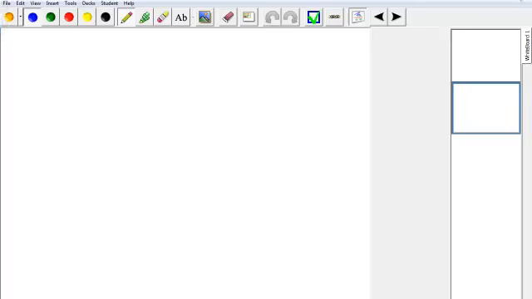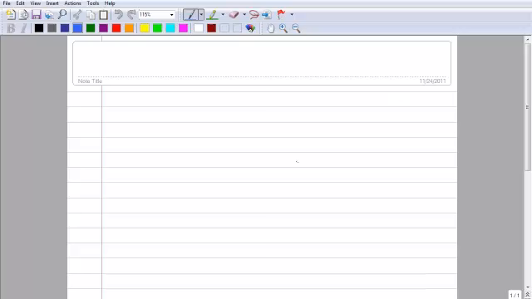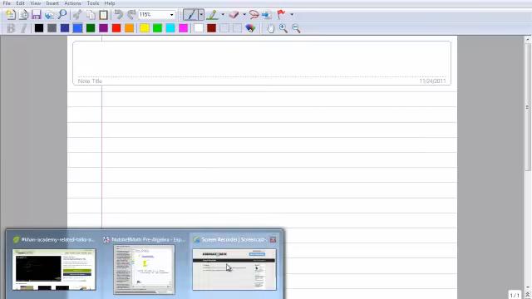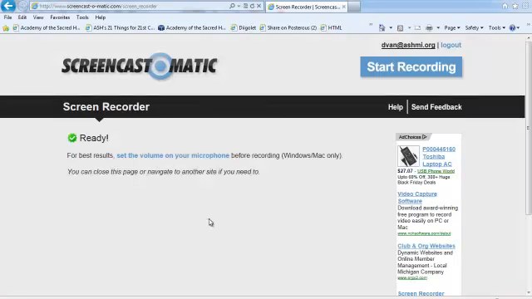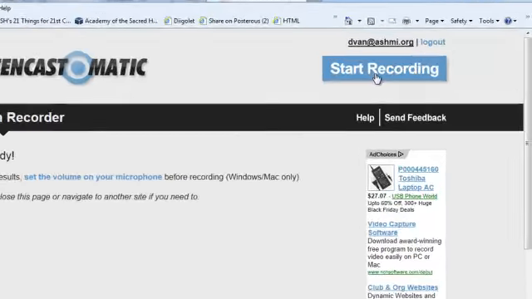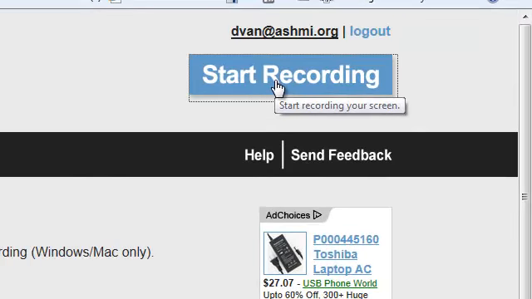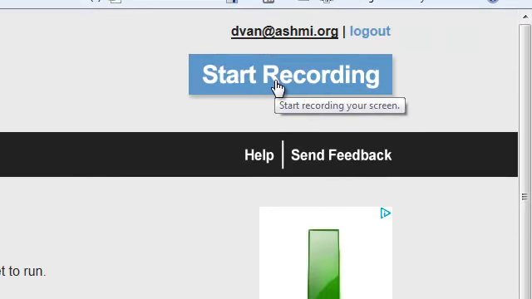So whatever program you're using, let's say I'm going to use Journal for this. You then want to go to the website Screencast-o-matic, and I already have it open here. When you're ready to record, you just hit the Start Recording button. It turns out you don't need to create an account, but you can if you want to. There's really no need to. You click the Start Recording button,